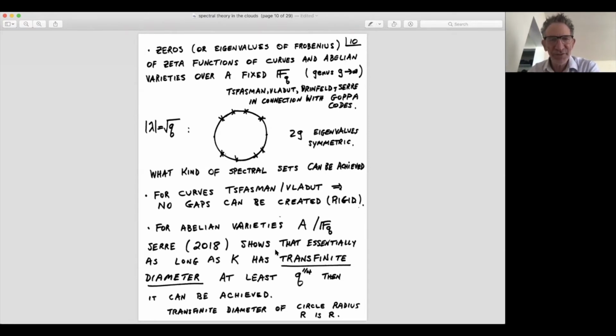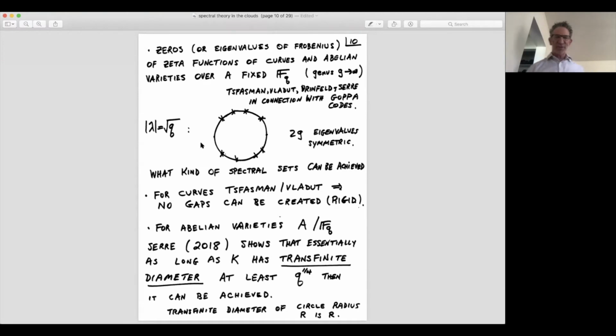Now, there's an operator called Frobenius on the cohomology, which is known to have the property that all its eigenvalues are of modulus square root q. That's for abelian varieties a theorem basically of Hasse, excuse me, and for curves. So because I'm looking at a curve or an abelian variety, the eigenvalues will be on the circle of radius root q, and they'll be symmetrically placed. The characteristic polynomial is palindromic. It reads forwards and backwards the same way. So if the curve has genus g, there are 2g eigenvalues placed symmetrically on the circle, and you can ask, can you create gaps in the spectrum?